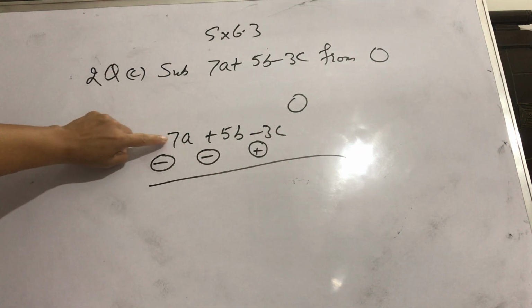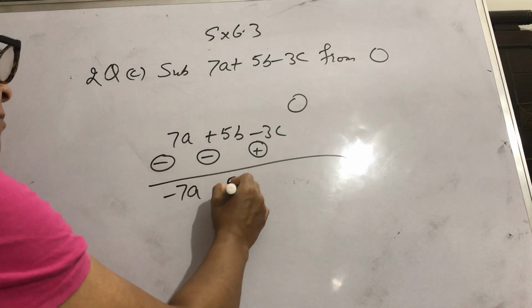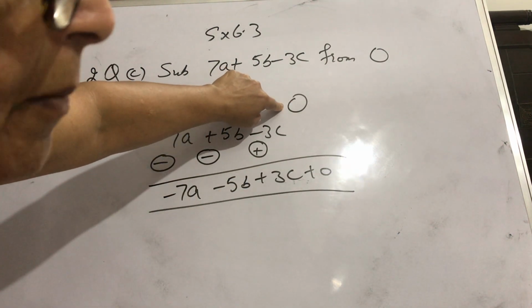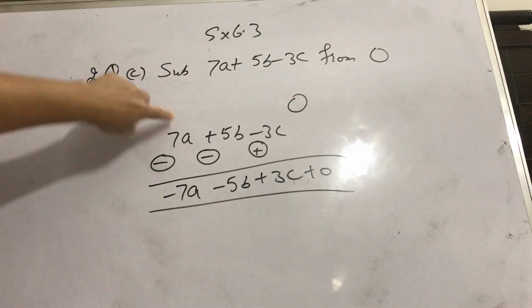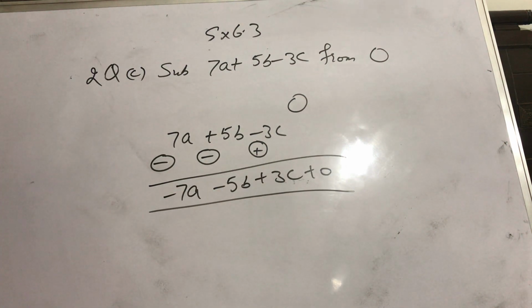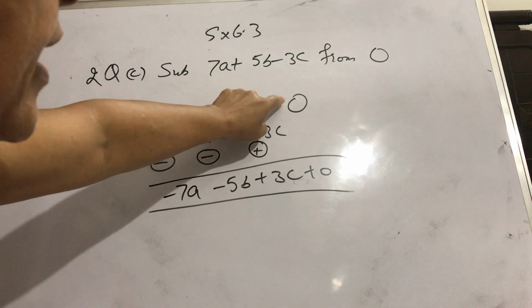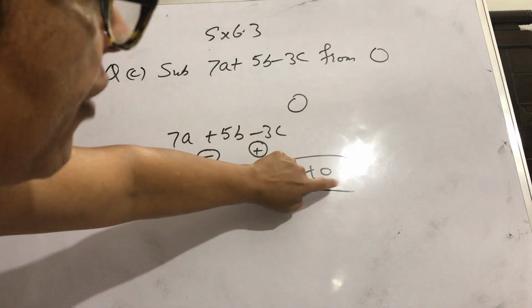Here before the first term there is no sign, it means it is positive. Now minus 7a minus 5b plus 3c and that 0. We will not change the sign of 0 because it is written at the top. The terms that are written in the first expression at the top, their signs are not changed. If you do not write the 0, then also it is okay. But if there is any other number other than 0, then it is necessary to write that number. You cannot leave that. As in the second question, D part, it is written from 1. So here will be 1, that 1 will be written here.